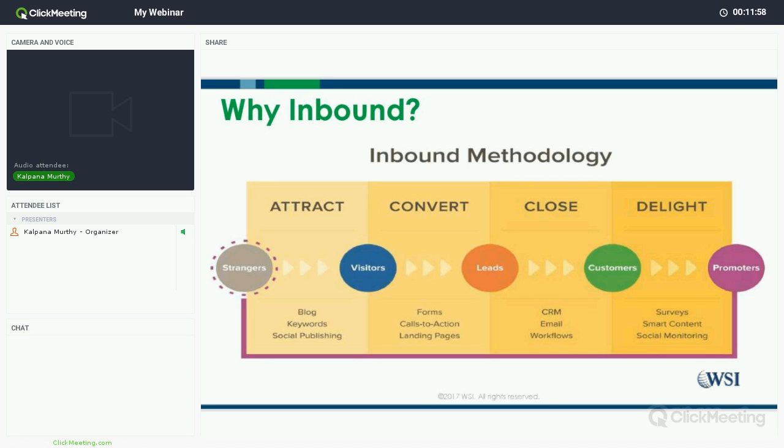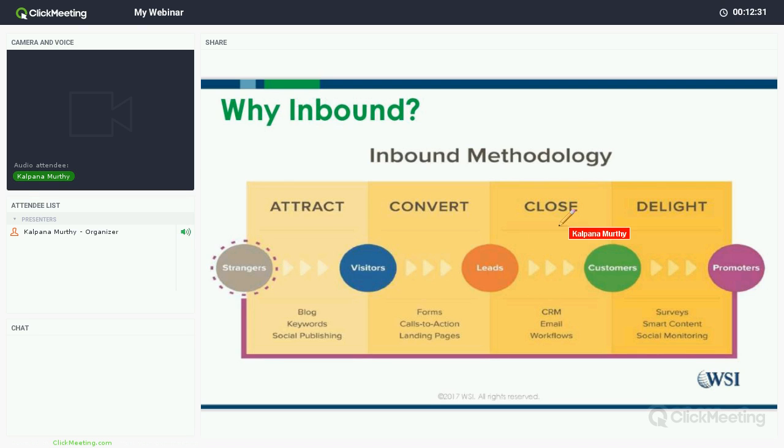Now, visitors, you have to convert those visitors to leads. And how do you do that? There are different strategies you can use. So we use lead-in forms where we collect name and email addresses of people that land on our website, or have them click on certain call to action items on our landing pages. So ask them to watch a video, download ebooks. Any of these, have them give you information about what they're looking for to convert them into leads.